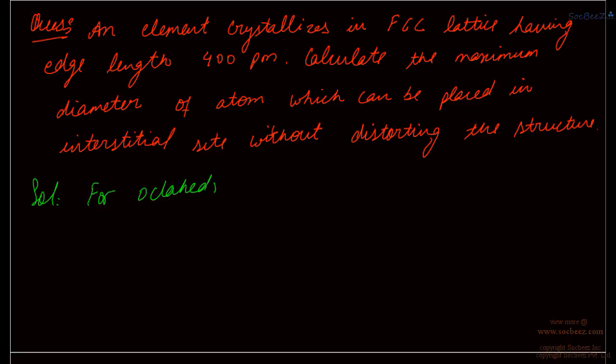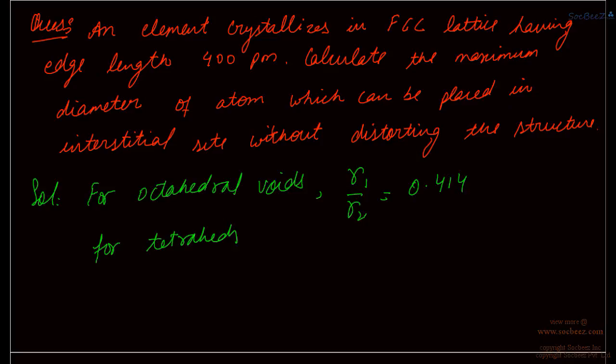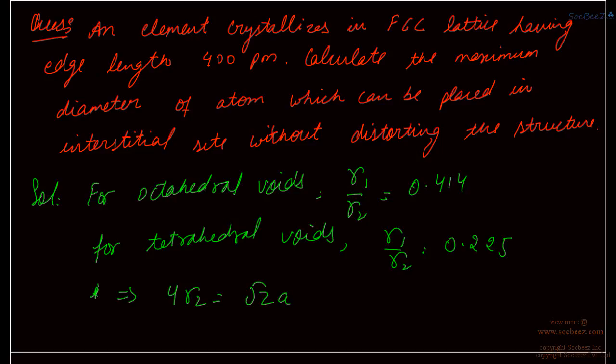We already know this. Now in case of octahedral voids, R1 upon R2 equals 0.414, and for tetrahedral voids, R1 upon R2 equals 0.225, where R1 is the radius of atom in interstitial sites and R2 is radius of atom arranged in FCC. Okay, so therefore, from here, which implies that 4R2 equals root 2 A,